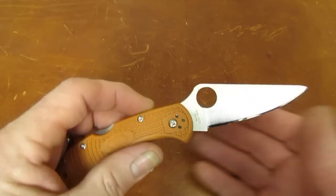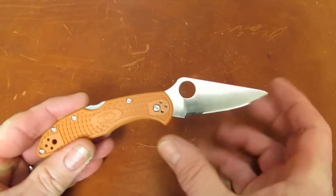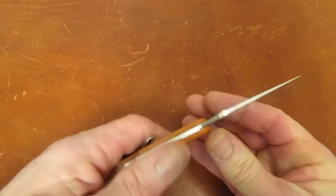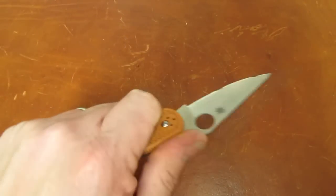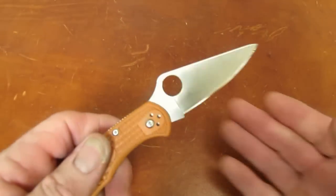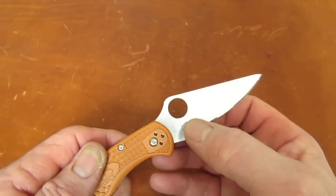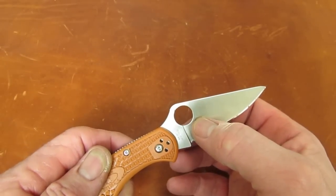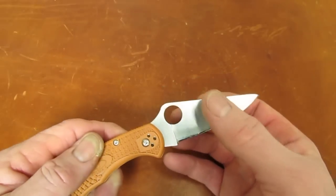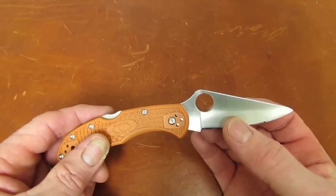So, we're not going to get into too much about the Delica itself. We all kind of know this knife. 2 7/8 inch blade, 4 1/4 inch handle, fiberglass reinforced nylon handle. Really great ergonomics, small utility knife. Vastly improved in its full flat grind configuration versus the Saber grind, which meant full thickness down to about here and then flat ground steeply to the edge. This full flat ground blade in laminated HAP-40